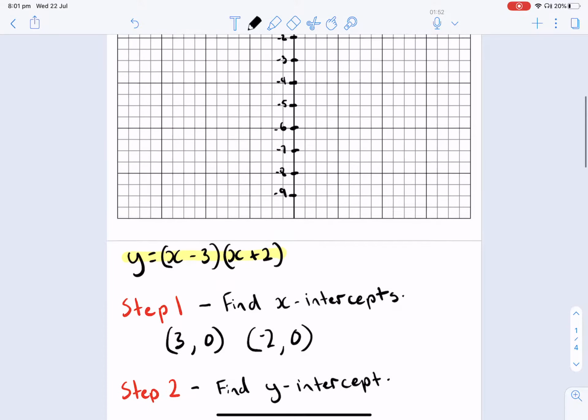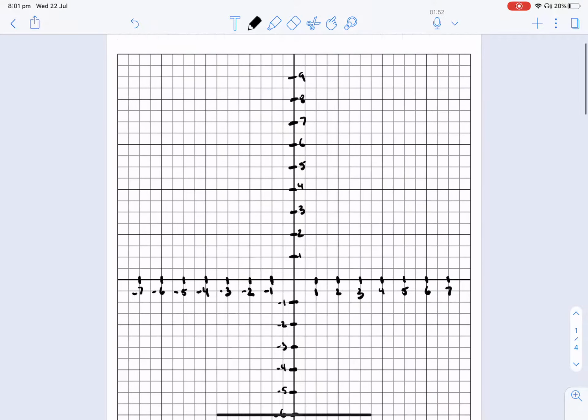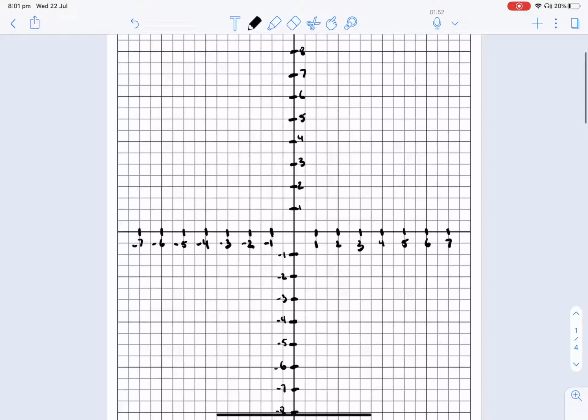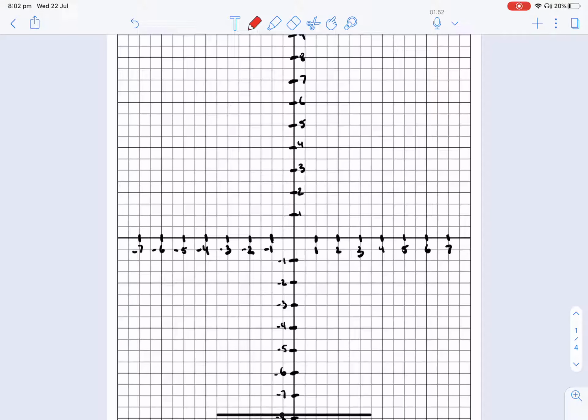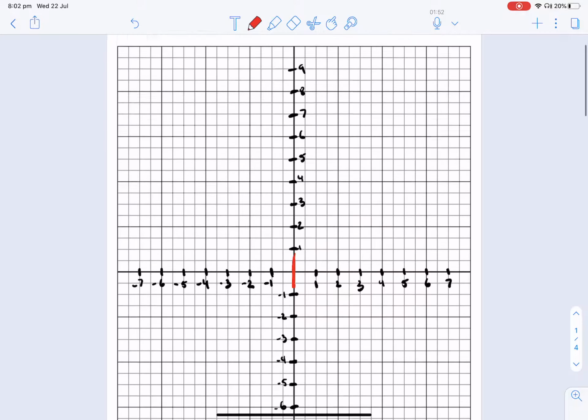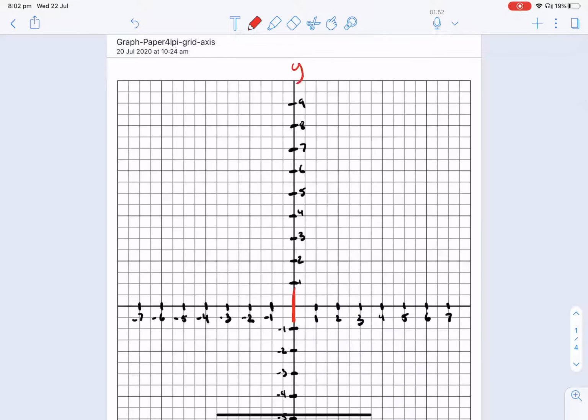Okay, now when we're finding our y-intercept, once again, when we look along this graph, the y-intercept is the point at which we cross our y-axis along here. This is our y-axis, remember, this is our x, if you've forgotten. So the point at which we cross our y-axis,